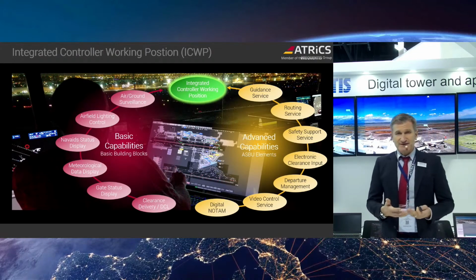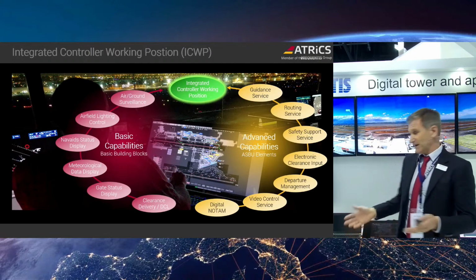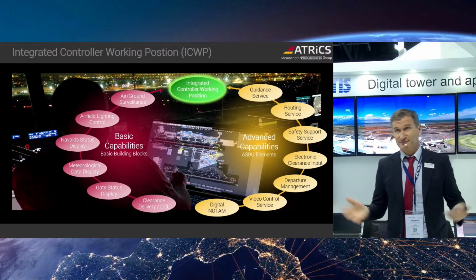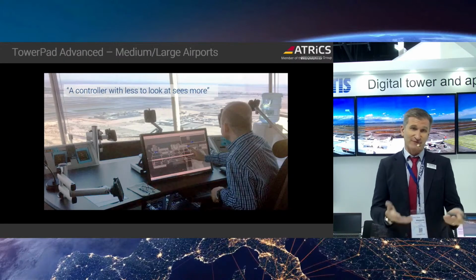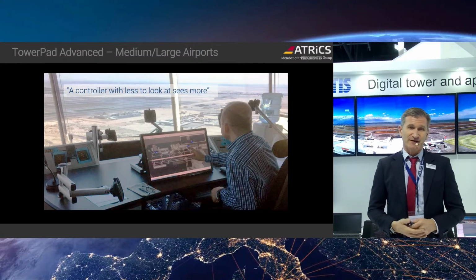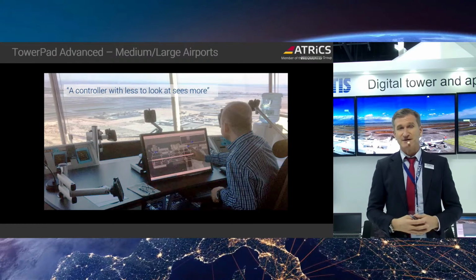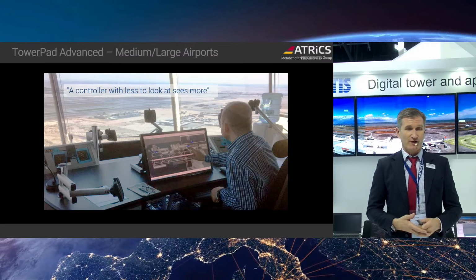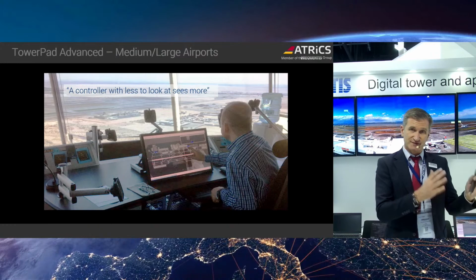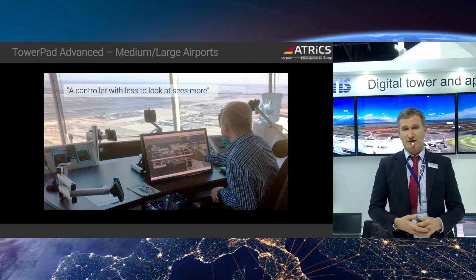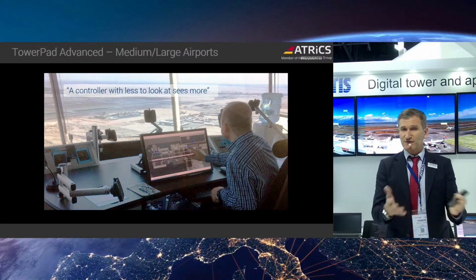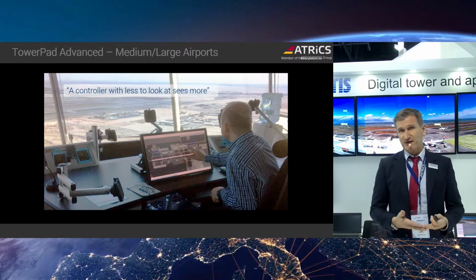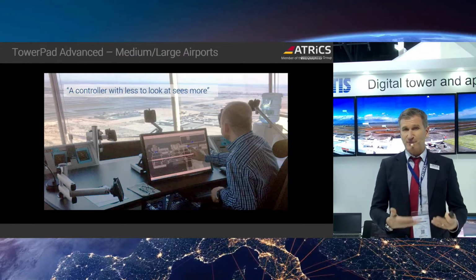And to give you an idea how this works, we had set up a demo here, and some of you I have the pleasure to show it to, but for those who can't see it, there you see a picture of a controller. The interesting element, I think, is you see the empty monitor arms where the screens from the previous systems have been attached, and you work with one single screen. It looks fairly easy, but that's the idea of automation, to make life easier. So it looks like you're controlling a regional airport, but in fact it's a busy international airport.